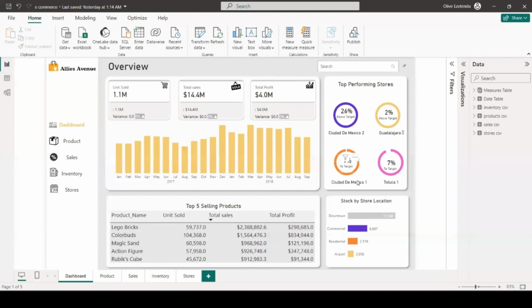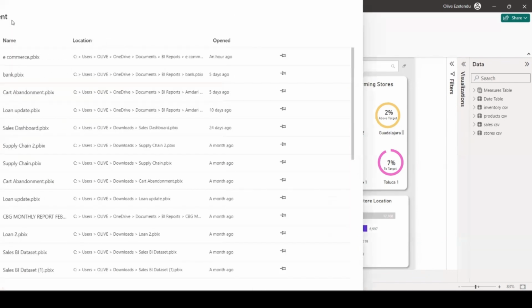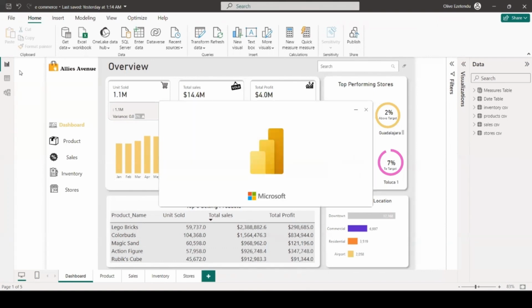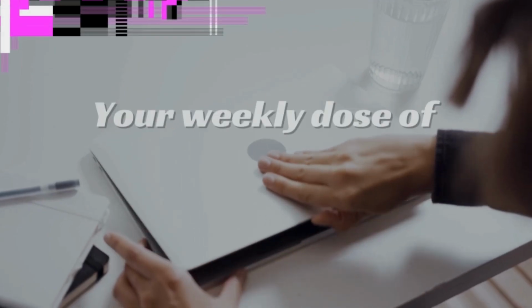Now this is what we are going to be working with, and also I'm going to be showing you how to bring in all of these icons, in order to get your dashboard to this perfect place where you want it to be. So without further ado, let me just go open a new file and let us start this thing again. Okay,